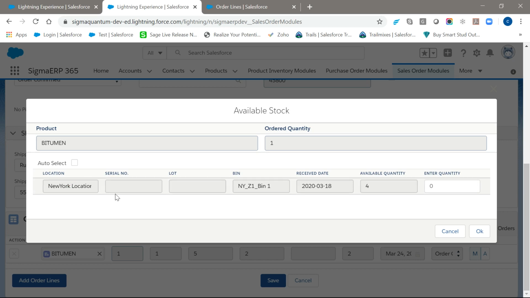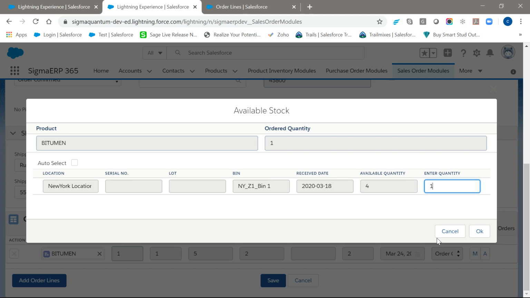This basically defines the stocks that are available in different locations, and it also lists out the serial number, lot number if it is associated, and also the bin where exactly it has been placed or maintained in the inventory location, and the received date if it is received from stock receiving or via upload process.